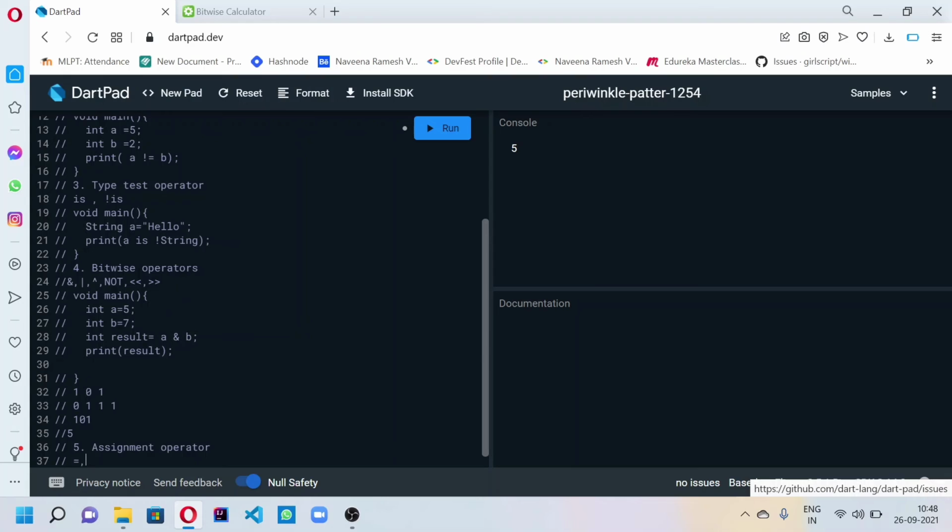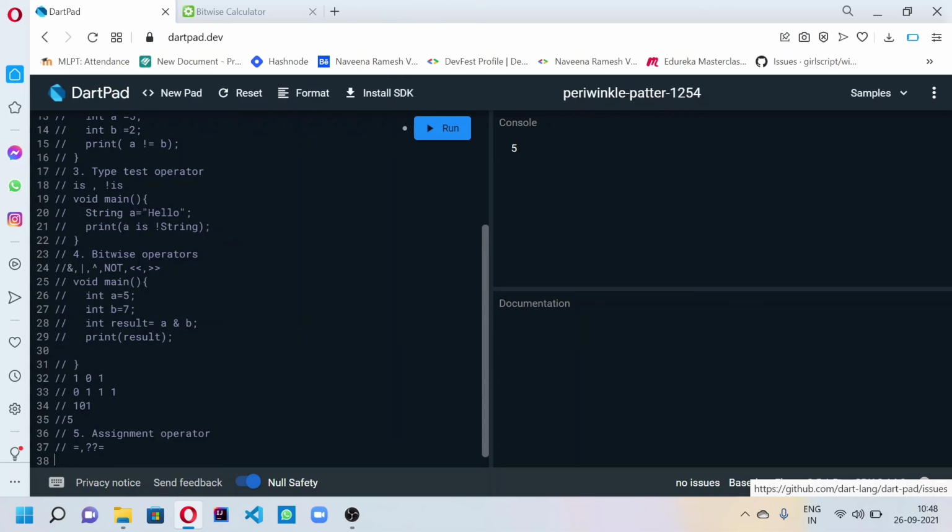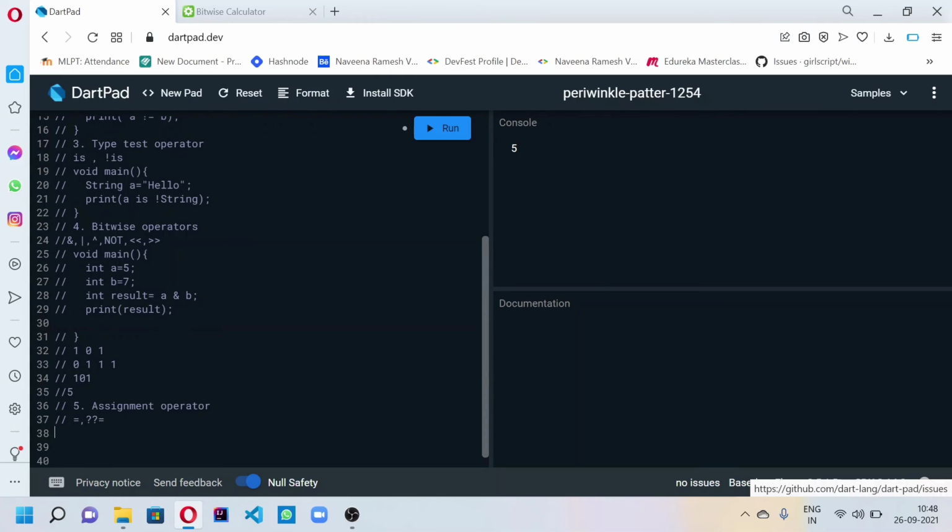One is equal to and another one is question mark equal to. The question mark equal to is used to check whether the value is null or not. You can assign only if the value is null. For example, int A, and you assign with question mark equal to 0.